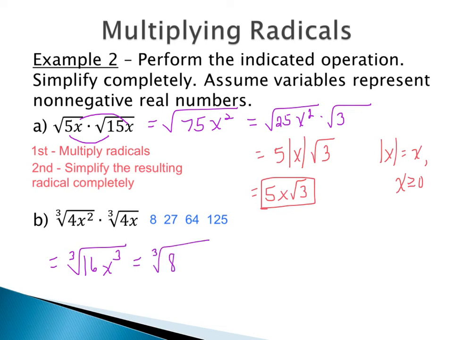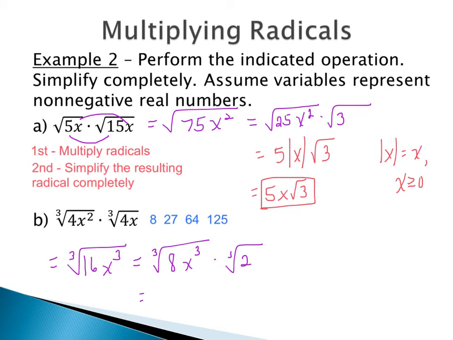So looking at what we have then here is that I'd break this down into 16 is going to be 8, and then in another cube root we would have the 2 to show the 8 times 2. Then we have the cube root of x to the third, which I can do that. Because remember, you're dividing your root into your exponent. So 3 goes into 3 one time. So I'm going to put the x to the third with that cube root of 8 to show that I'm taking the cube root of that number.